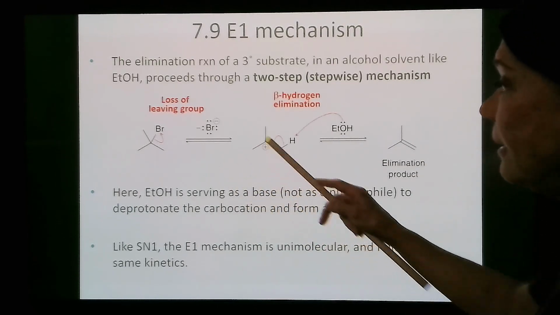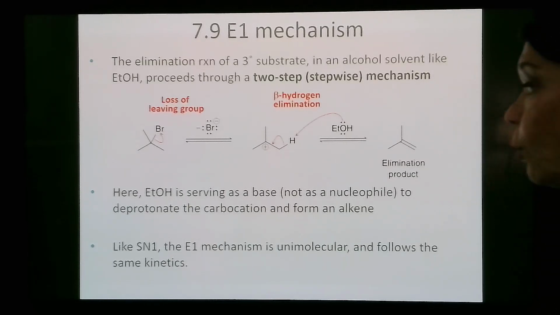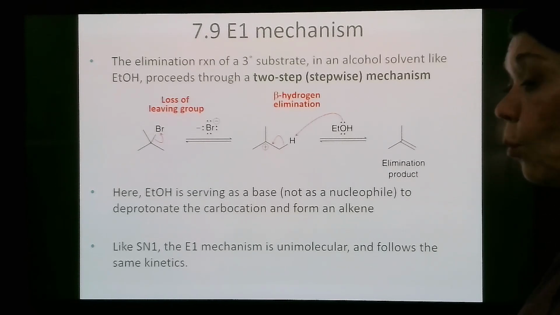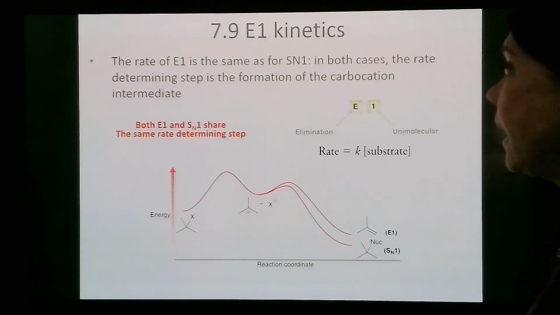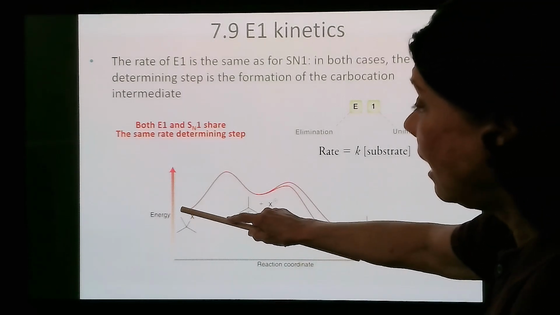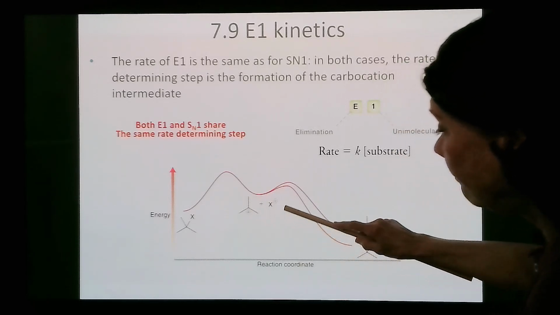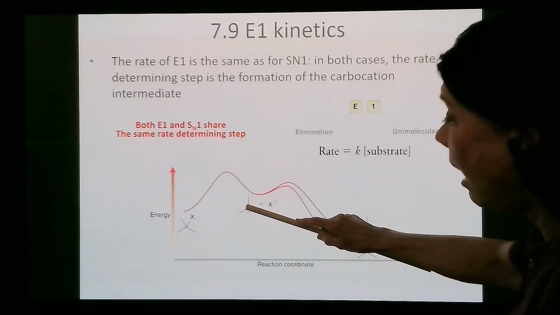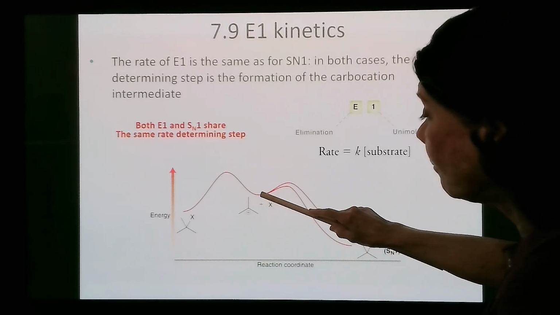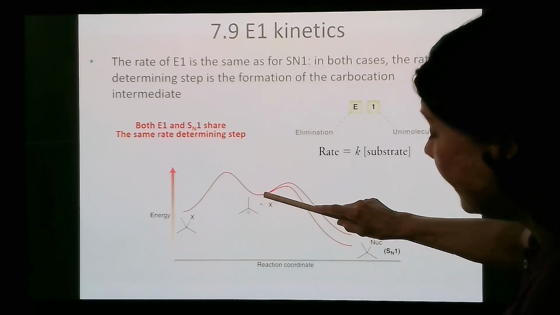This is the same kinetics. The first step is the same. The first step is the rate determining step. So this will be first order kinetics. So E1 and SN1 share the same first step. You can see here, once again, you lose X minus. Now you have both of the ions shown here in your carbocation, your reactive intermediate, and